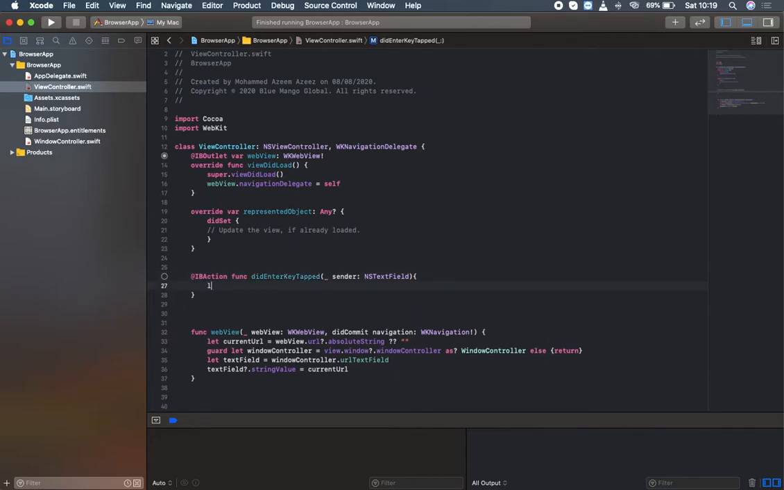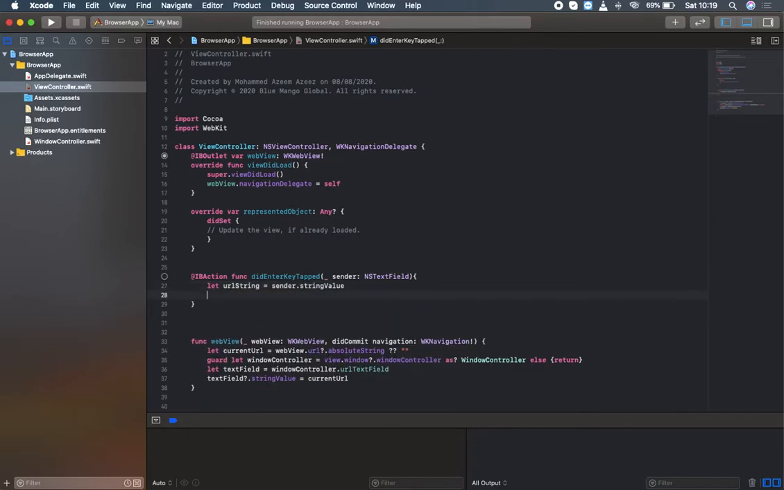and we're going to write what we need to do inside this. So let's say let urlString will be equal to sender.stringValue. This is the string value which we enter inside a text field, and then guard let, I'm going to get a URL from here. So guard let url will be equal to URL(string:), and that string will be the urlString which we initialized there, and if it's not, let's say else return,